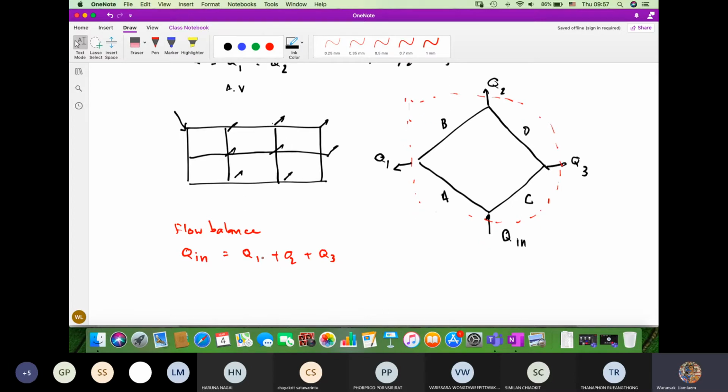If you consider each point, the points where there are pipe connections and also the inflows or the outflows, at these points we generally call a node. Okay, so we generally call it a node. This node is more or less the place where we join the pipes or where there are the inflows or the outflows. So at each node,